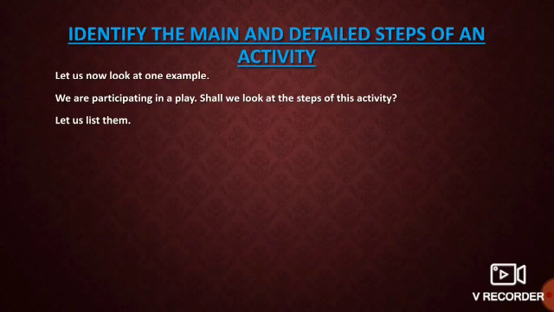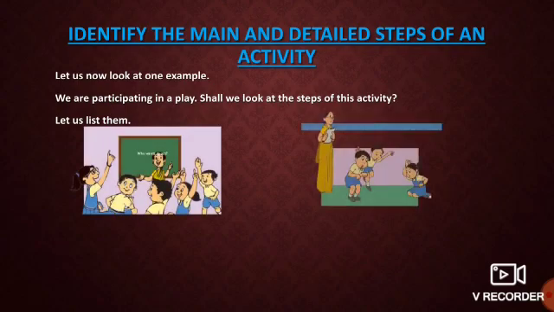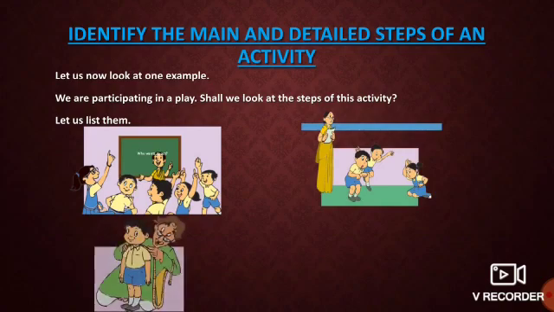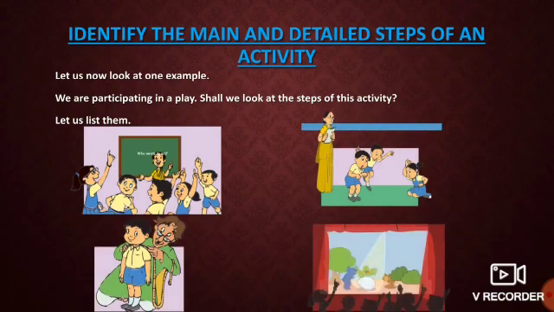For that we have taken one example here. Suppose you are participating in a play. What are all the steps we will follow? Simply we can say first announcement, practice, taking measurements, and finally perform. These are very simple steps, but it is not the correct way to tell the steps that are followed. It needs the proper order of steps.